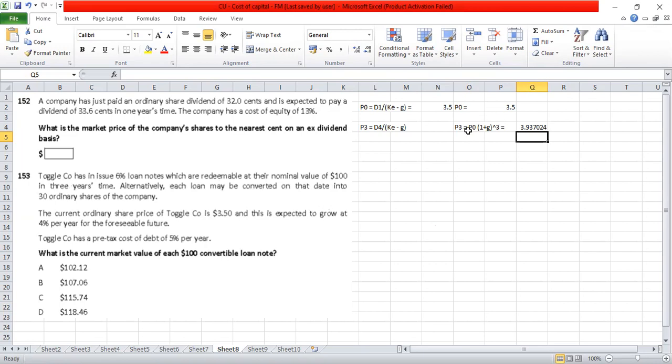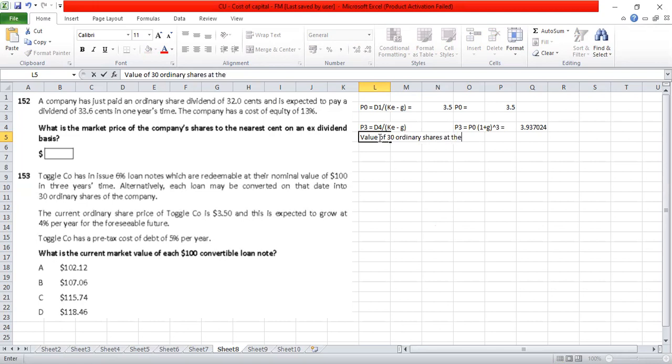So find out the value of 30 ordinary shares at the end of 3 years. So let's put it as value of 30 ordinary shares